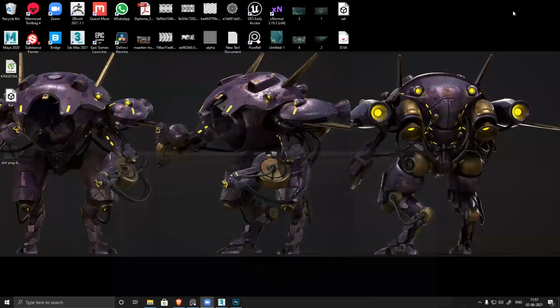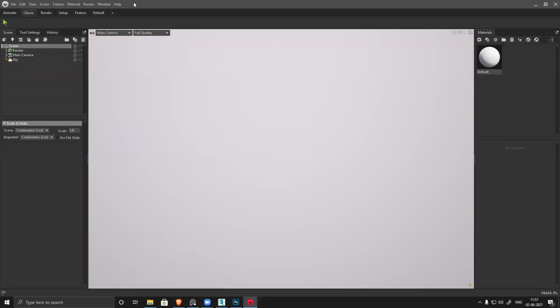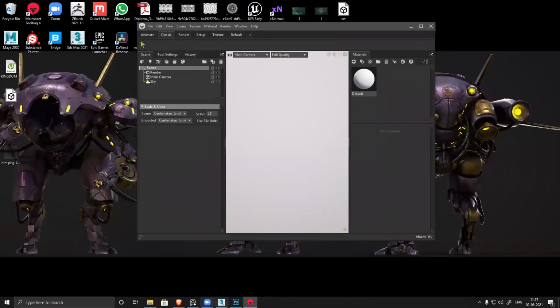FBX. And if I create a Marmoset file, I can open the file in Marmoset Viewer so I can see the instant update there. So let's see how we do it.